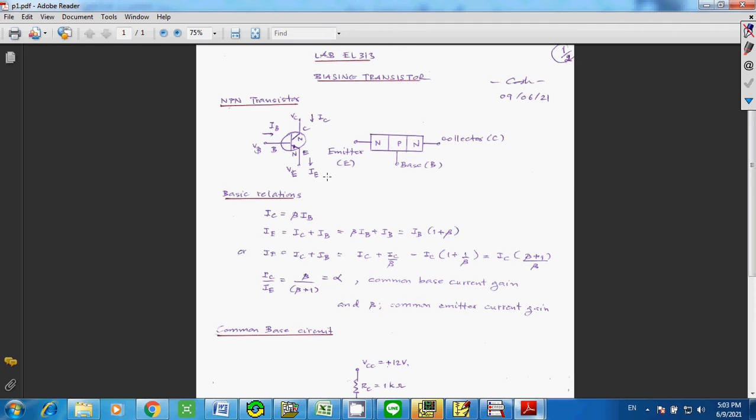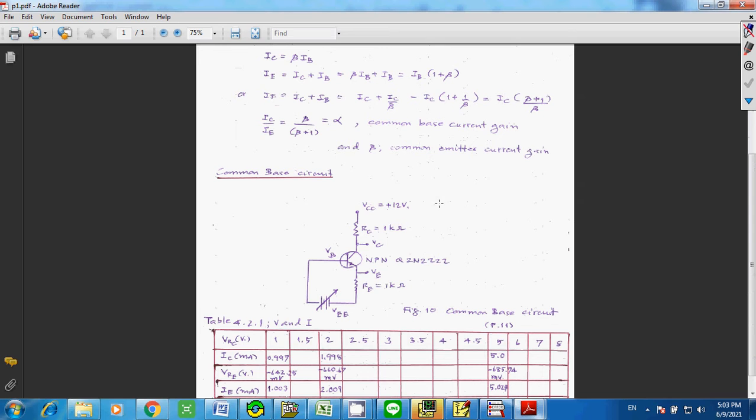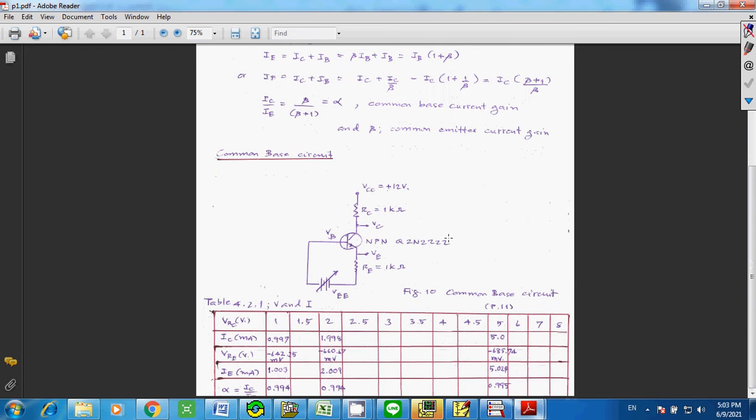Look at the circuit. You don't have so many components. You simply have two resistors and one transistor. At this point, I used a 2N2222, and we'll go through a PSpice simulation to demonstrate how to work on the